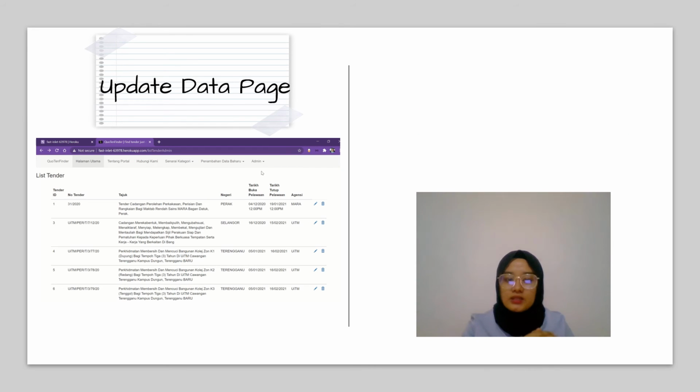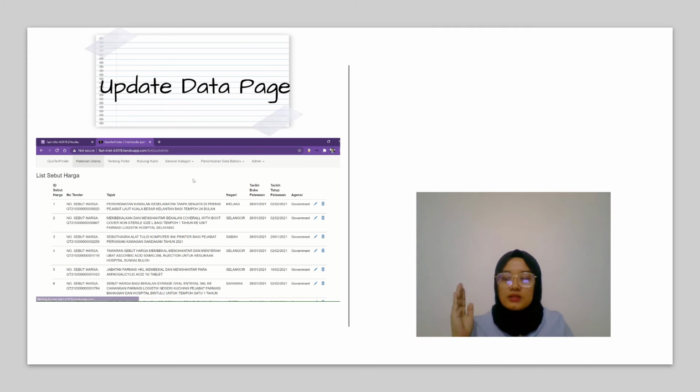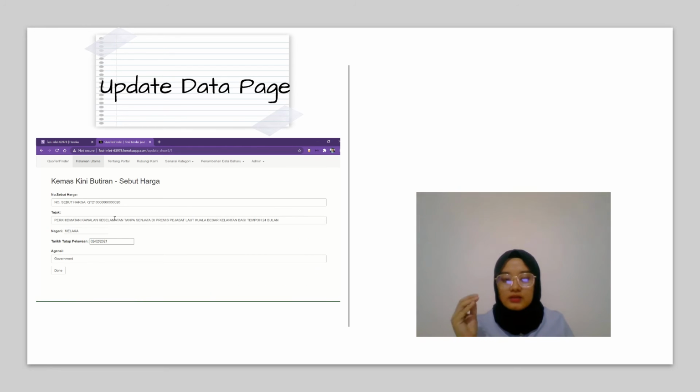This is the update data page. From the list, at the sidebar, you can already see the pencil icon and the trash icon. If you click the pencil icon, it goes to the update details page.